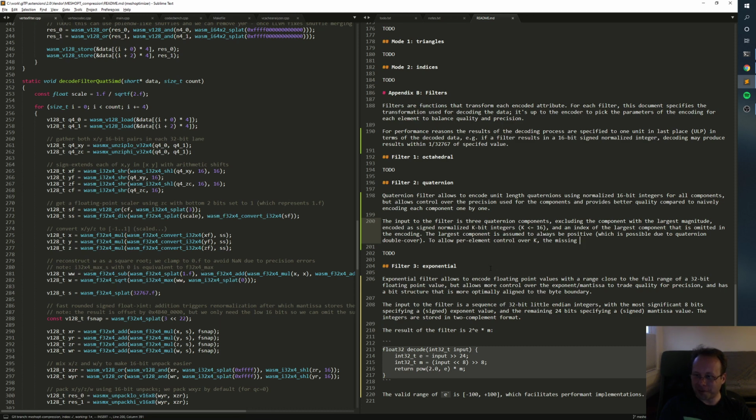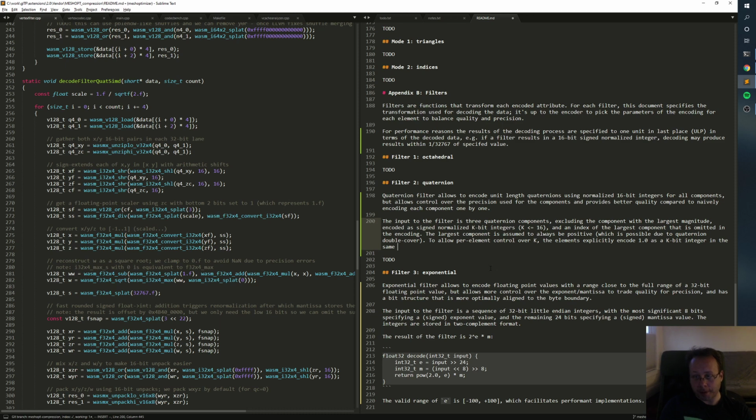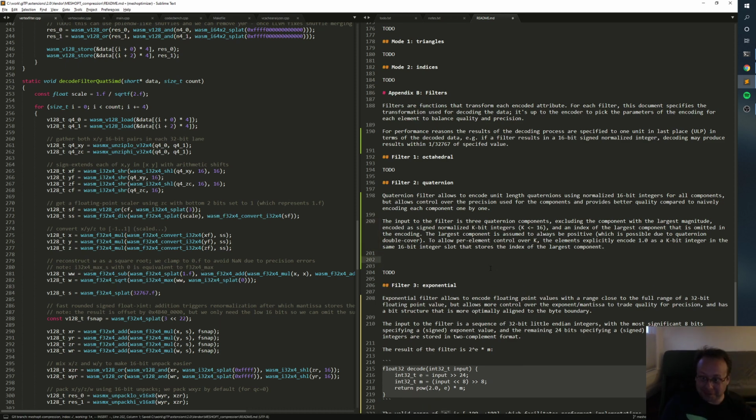The missing, the fourth, explicitly encode 1.0 as a k-bit integer in the same 16-bit integer slot that stores the index of the largest component. Alright, so this probably didn't really make any sense, but